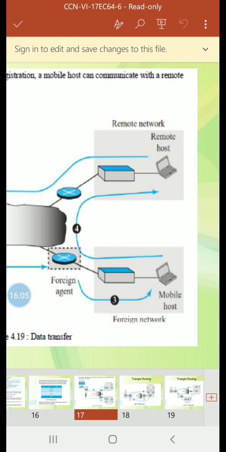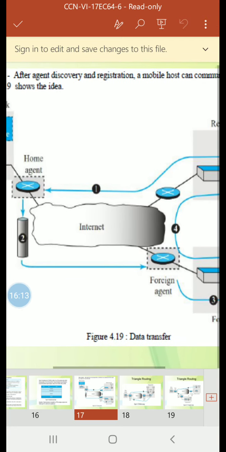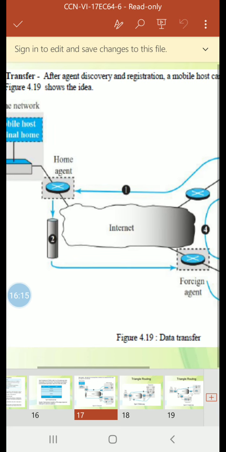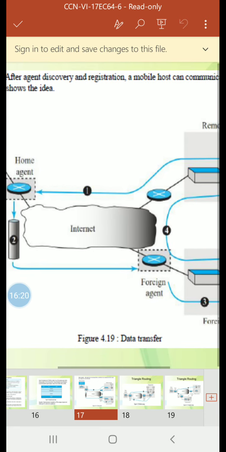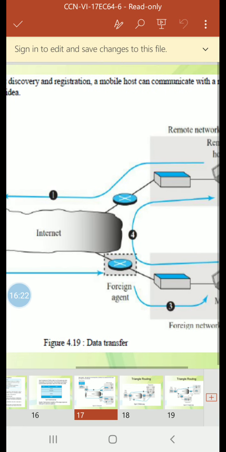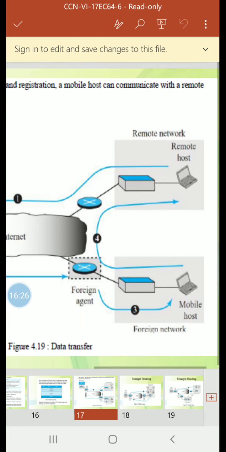Next, from home agent to foreign agent. When the packet is received, the home agent sends a packet to the foreign agent using the tunneling concept. The home agent encapsulates the whole IP packet inside another IP packet using its address as the source and the foreign agent's address as the destination.